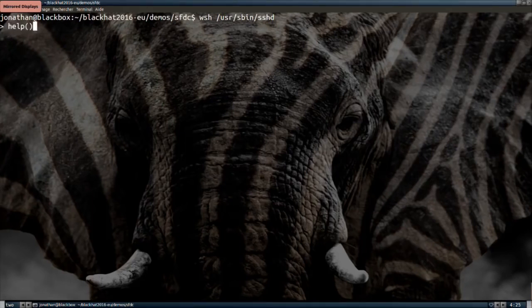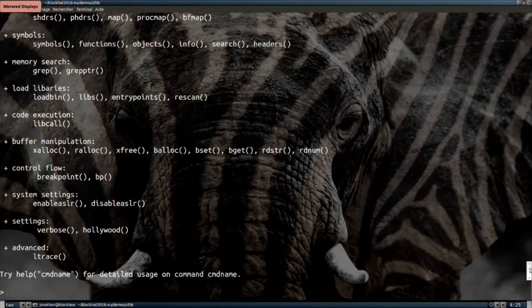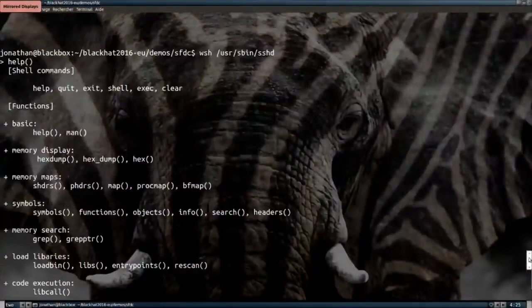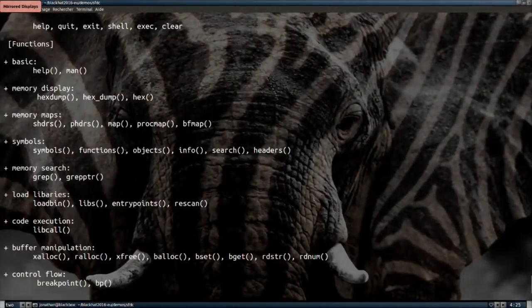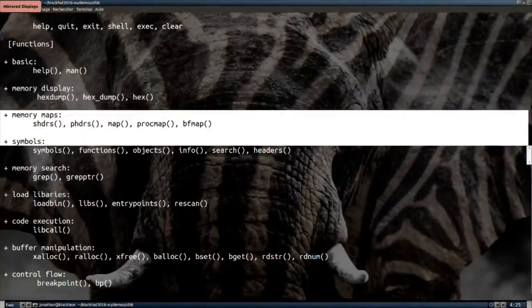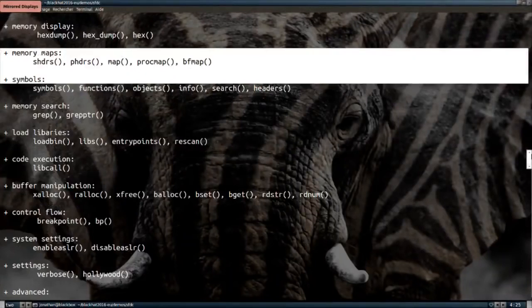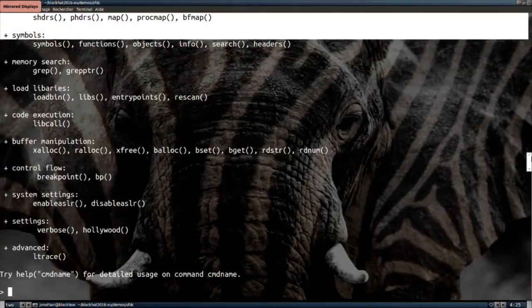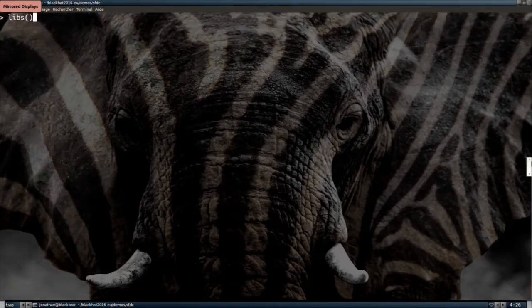Let's take a look at the commands available. Okay, so all those are built-in commands. Things like x-dumping memory, information about memory mappings, information about symbols, stuff to search. So functions like grep, which allow you to grep any mapping, including the heap. You can load more than one library. So, for instance, right now I can ask it, okay, show me the libraries that you have loaded into your